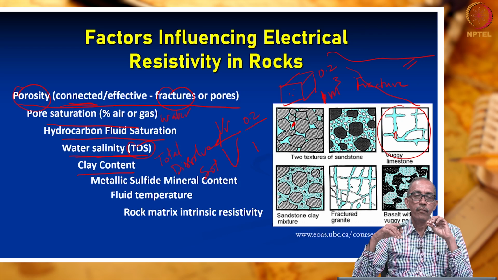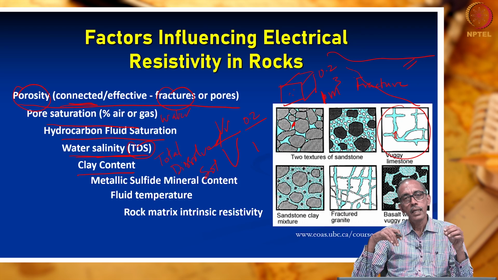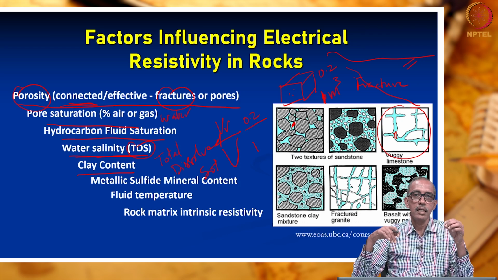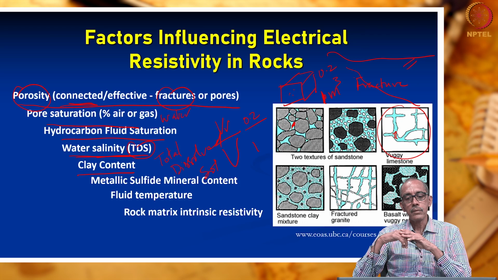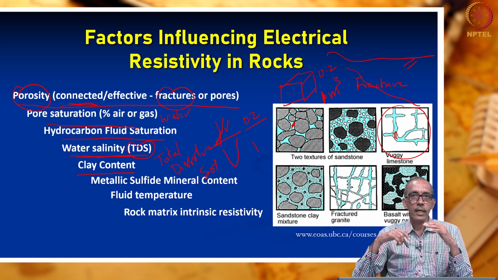Due to which we will be able to distinguish clays from the other formations. Why? If the clay is there, it is expected to have retained moisture. Due to this reason, clay formations will give low resistivity. Okay, so clay is another important factor that controls the resistivity.